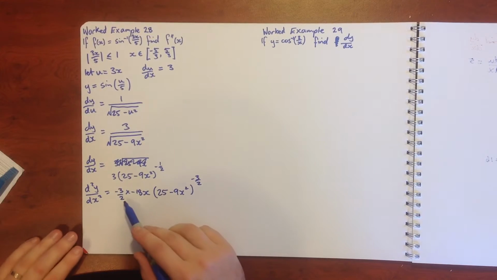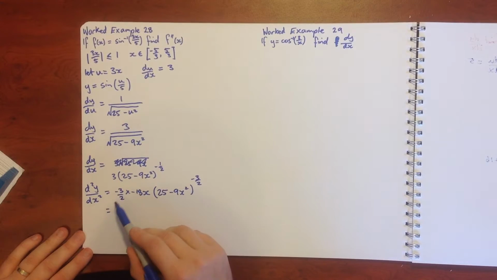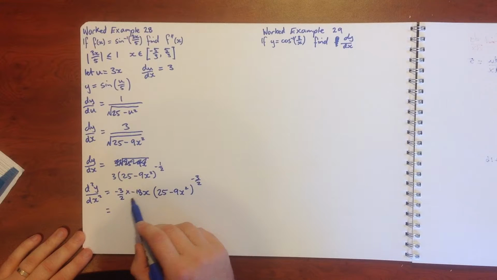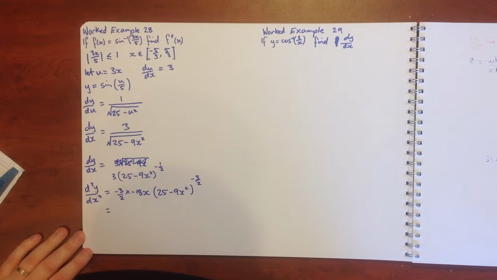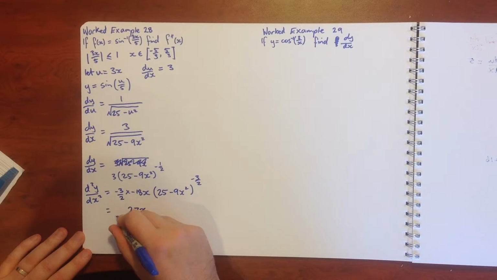Okay, so when we do this, we're going to get our 3 times 18 is positive 54, divided by 2 is positive 27. So let's say we've got 27x over the square root